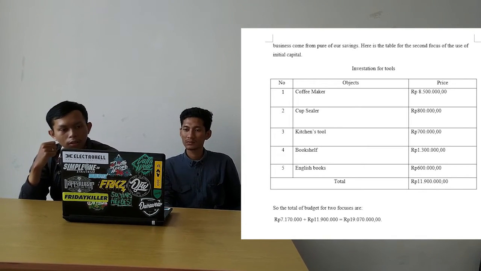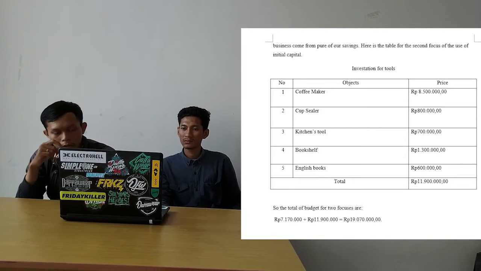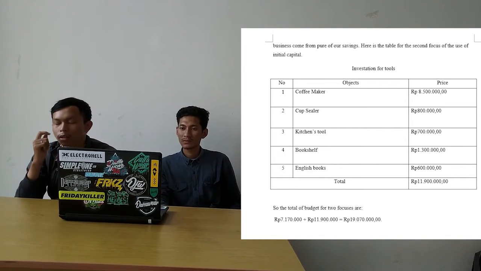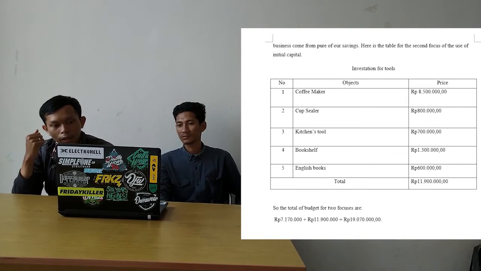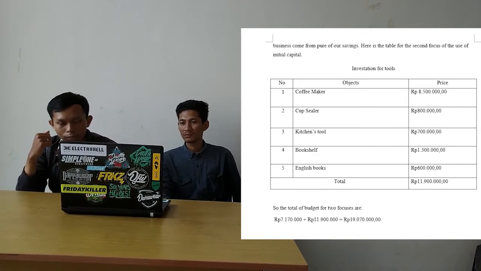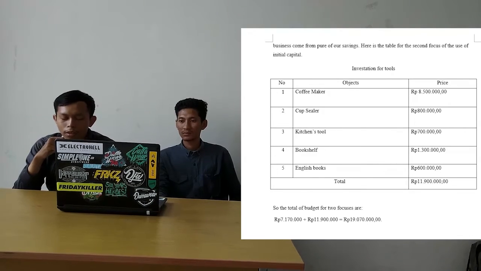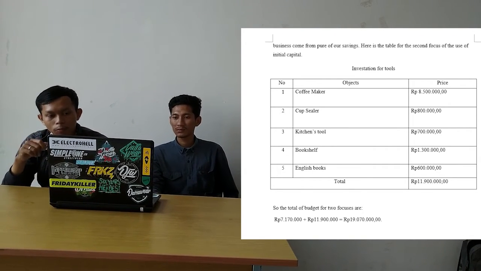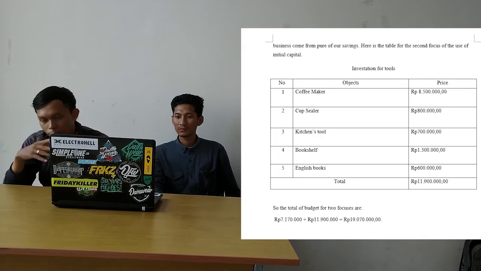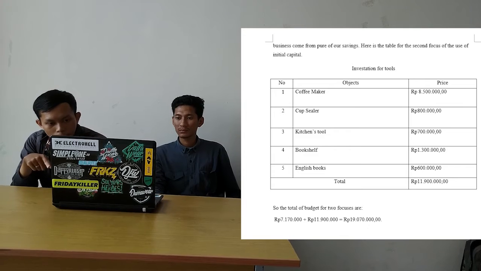It has a price of 800,000, and the third is the kitchen stool, it has a price of 700,000 rupiah, and then the bookshelf, it has 1,300,000 rupiah, and the final tool is English books. It has 600,000 rupiah,